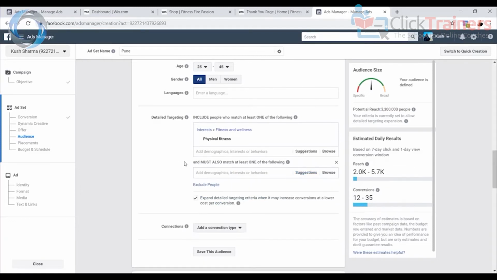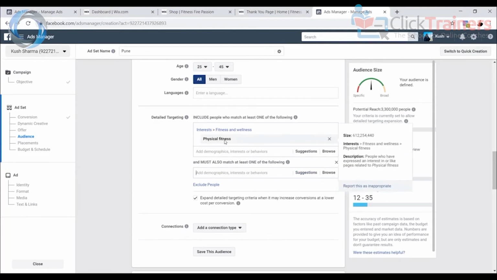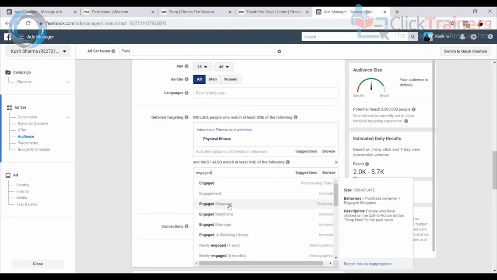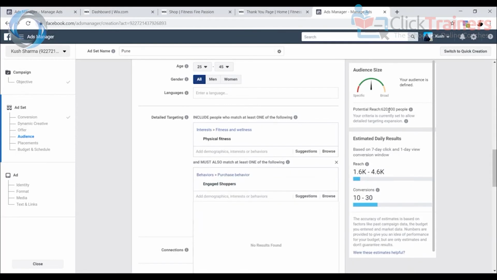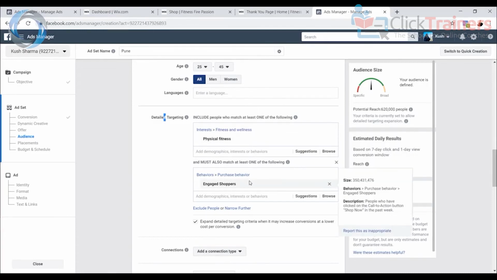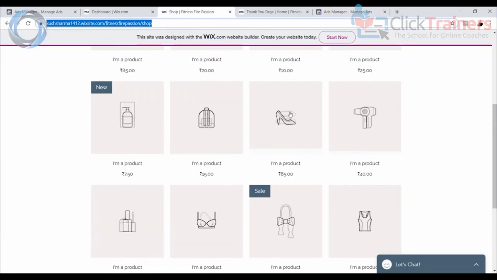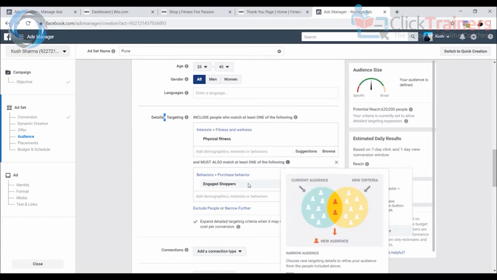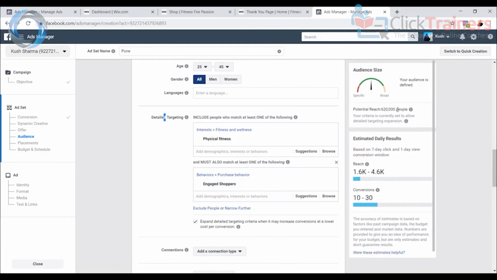So if I were to remove this, you can see we have 33 lakh people. But the moment I tell Facebook that not only physical fitness, but they should also buy, then of course there are going to be fewer people, right? So this goes down to 6 lakh 20 people, which is also a pretty big number, because a bigger number doesn't always mean a better number. Remember, these are people who are interested in fitness products as well as have shown a tendency to buy. So these will be the perfect audience for us, and still we have 6 lakh 20 people to show our ad to. Absolutely the perfect audience, because we don't want to show our ad to someone who's not going to